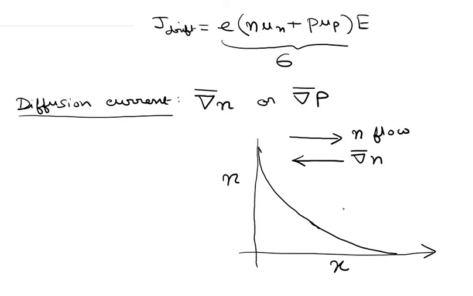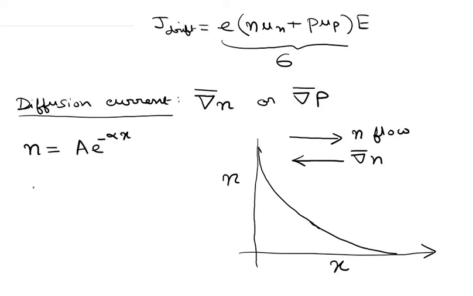If you are not convinced, let us assume an equation for n. This equation looks like a decaying exponential function. So I would just assume that n is A e to the power minus alpha x. So it's like a decaying exponential function. I am just considering this for the case of simplicity, for your understanding.